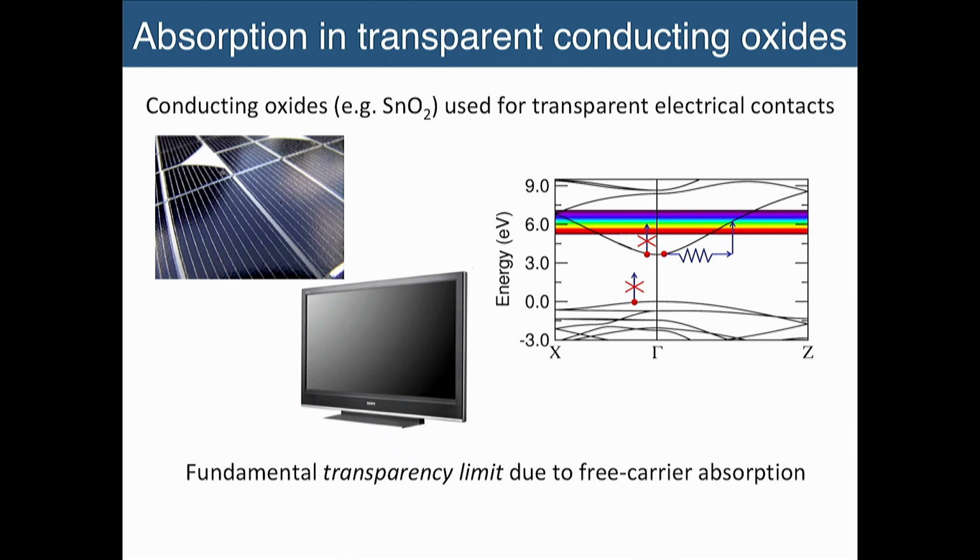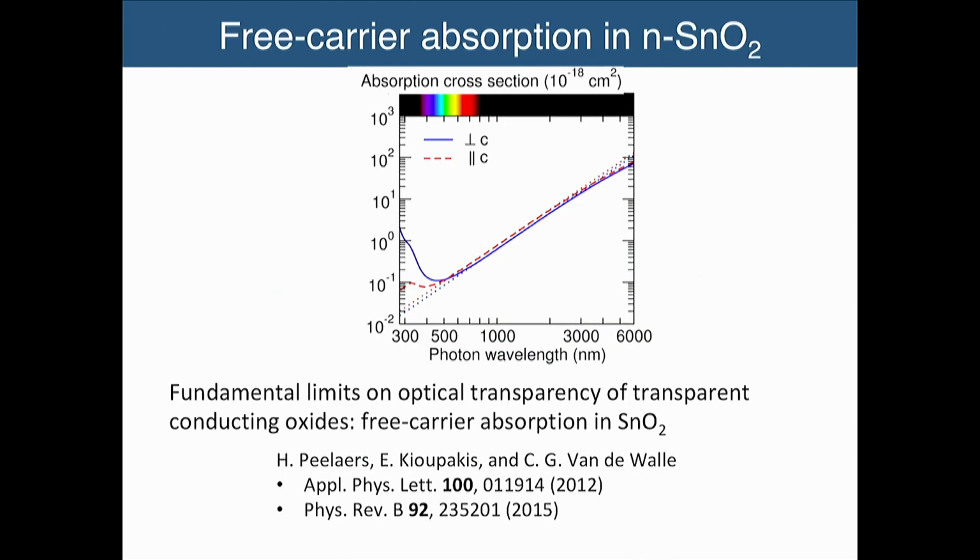Well, here's the answer. If you calculate this properly, you will find the ultimate limit. We did this for n-type doped tin oxide, and what we got is a curve that looks like this. Of course, the crystal is anisotropic, so we have two different absorption spectra for two different directions. And what you see is that, surprisingly, this material is most transparent in the visible, which is a very nice coincidence. As you go towards the UV, you get more light absorption, but also as you go to the infrared,